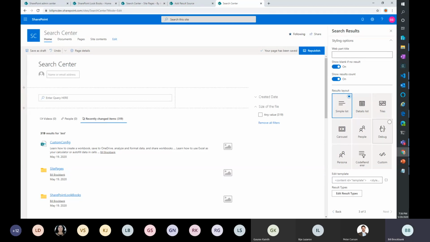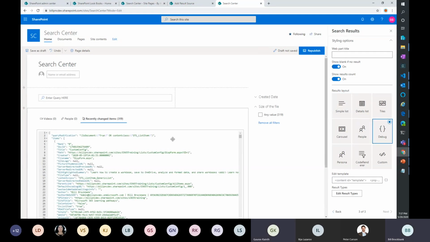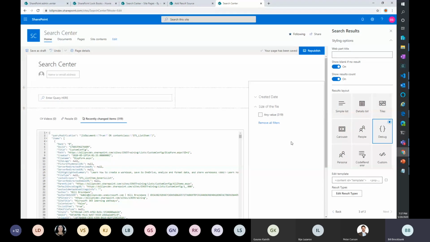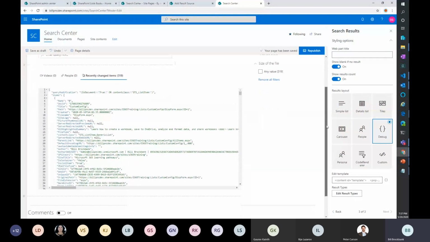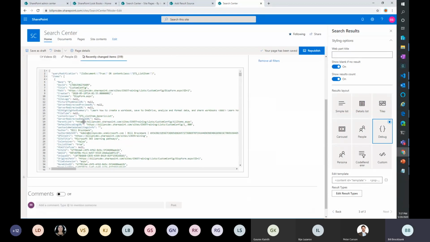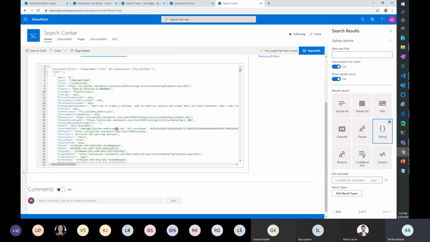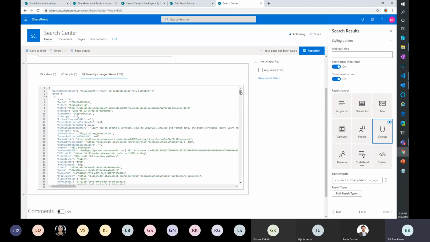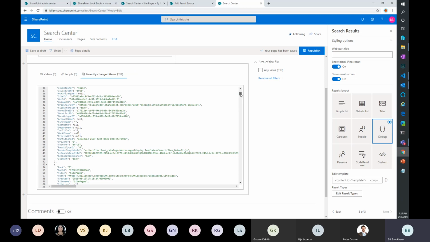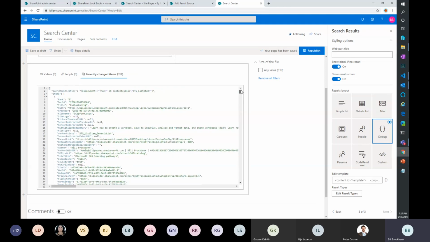Another thing I wanted to go back to is the debug. In the debug, we now see there's the items that you return from the search. I was telling you, how do you find the fields that you actually can render? These are all the things that are coming back with each item. So the collection of items. Not scrolling from the mouse. Scroll menu. So that's all the fields that came back for that one item.